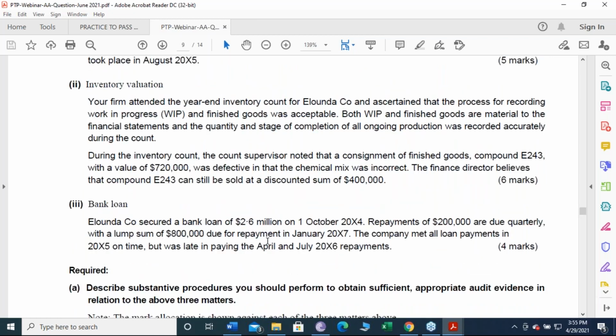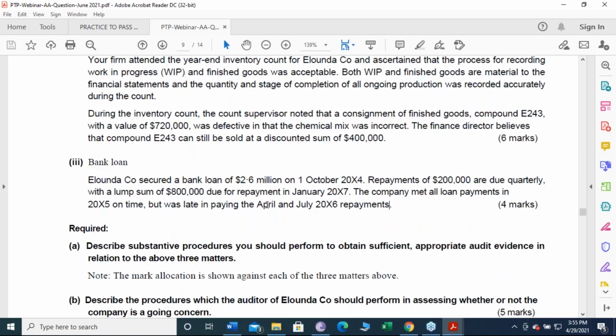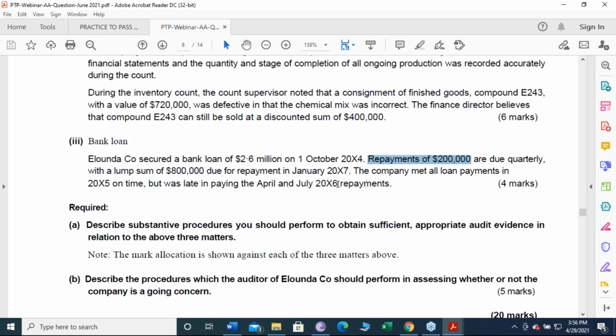Moreover, you can verify the opening balance of the loan with the prior year audited financial statements. And for any loan payments made during the year, you would like to verify that from the bank statement and the cash day book. You would like to obtain direct confirmation from the bank, and you need to verify if there are any covenants or any issues. If there is any instance of non-payment, you can verify all that from the client. Last but not the least, you can review the disclosure notes in order to verify that the client has fully disclosed the loan and the covenants and everything.